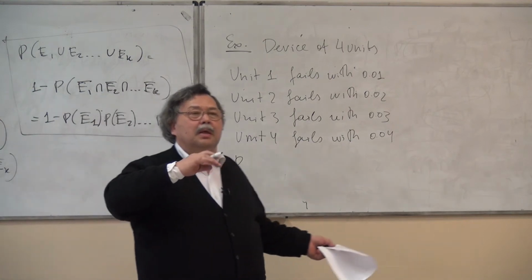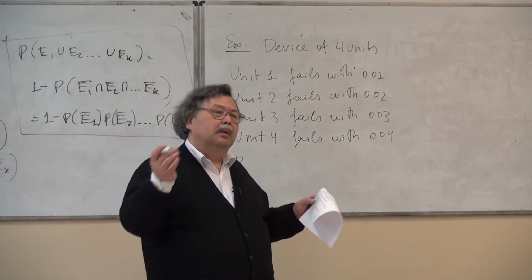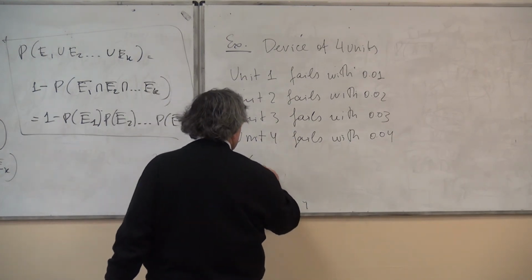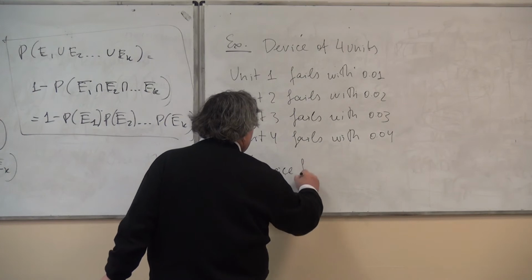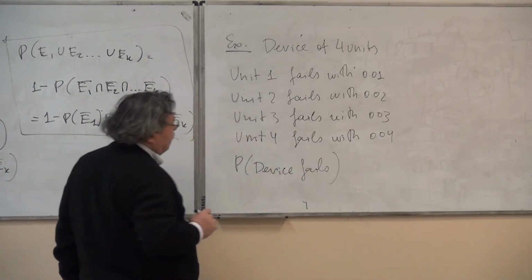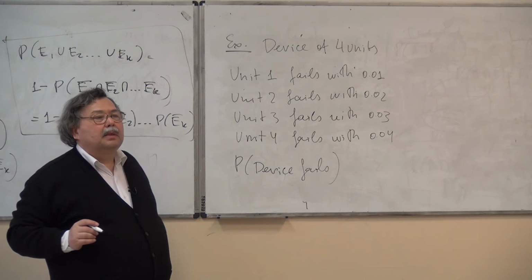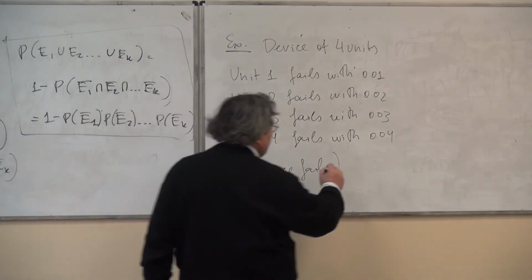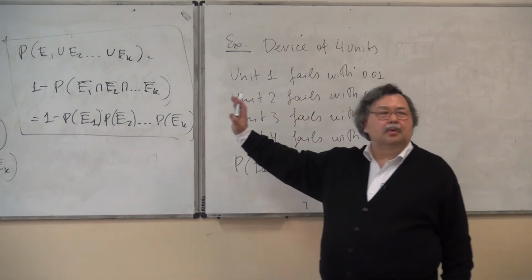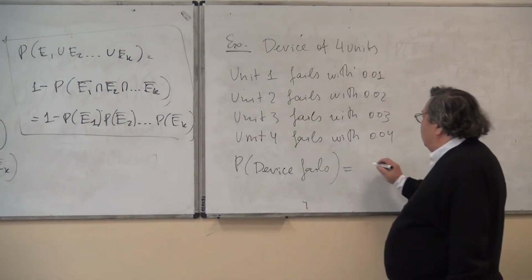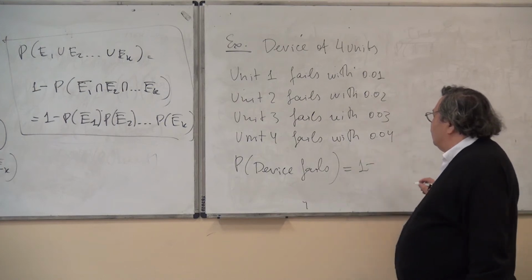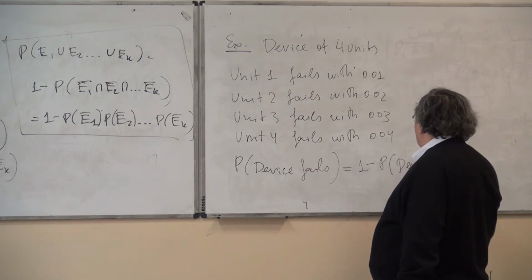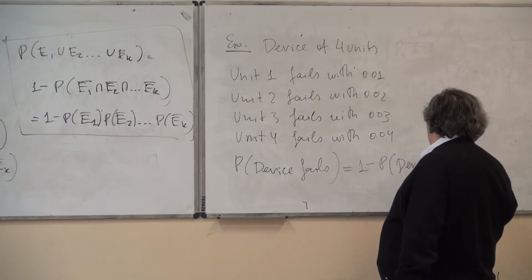We can ask the question: what's the probability that it will not fail, or that it will fail? Suppose we asked it this way: suppose the probability that the device will fail within 1 year of exploitation. I just wanted to match this formula. Then it's 1 minus the probability that the device does not fail,